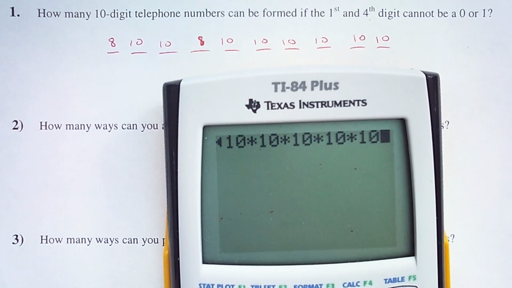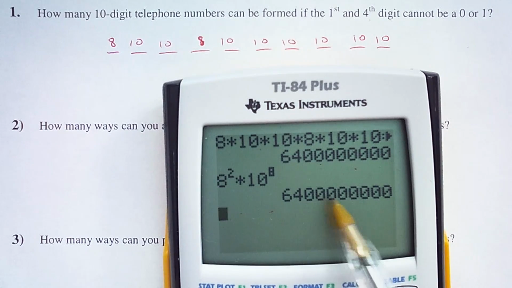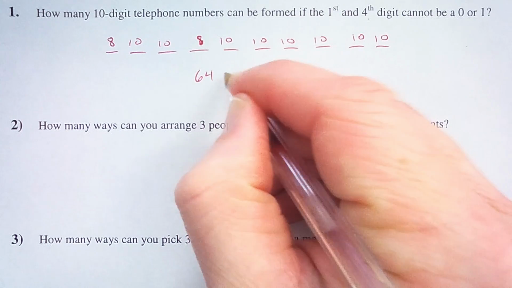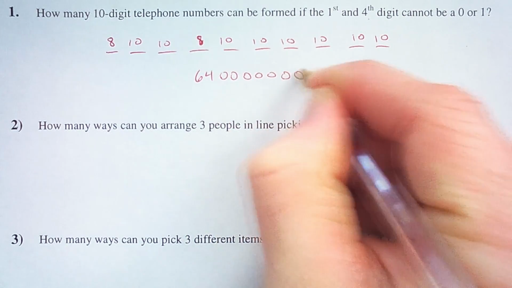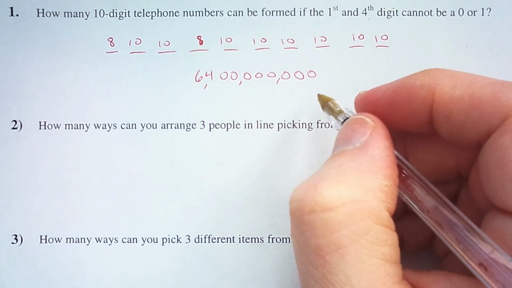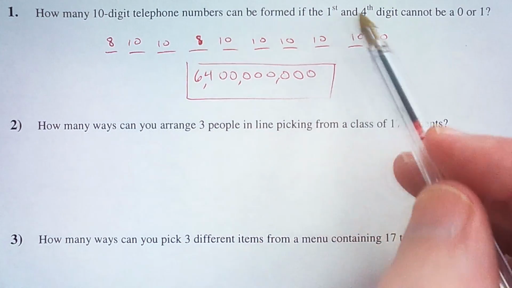10. I think I got enough of every number. A shortcut to doing this would be there are 2 8s, so that's 8 squared, times 10, and there are 8 10s, so 10 to the 8th power, and I end up getting that same number. So that's 64, and then 1, 2, 3, 4, 5, 6, 7, 8 zeros. So that is 6,400,000,000 different telephone numbers to be made, with the restriction that the first and fourth digit cannot be a 0